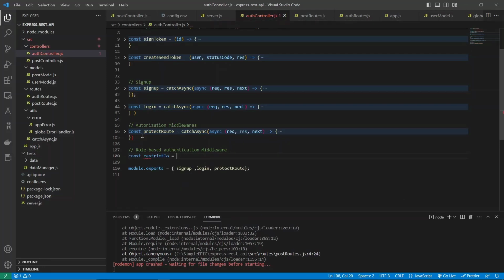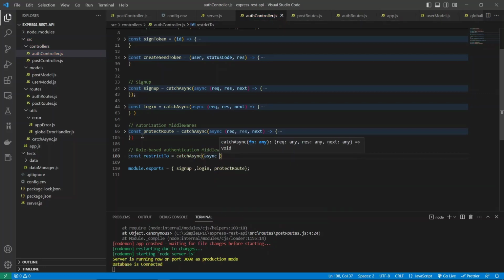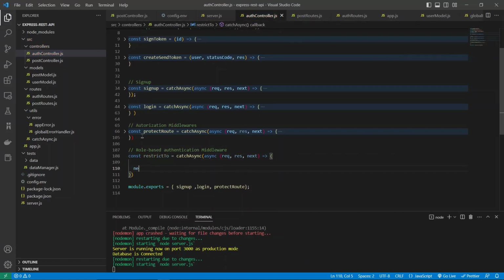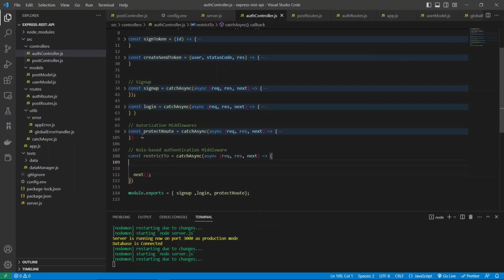So this is our function name, and as usual, it's a catchAsync function. Async, request, response, and next, and then the next function will be called,